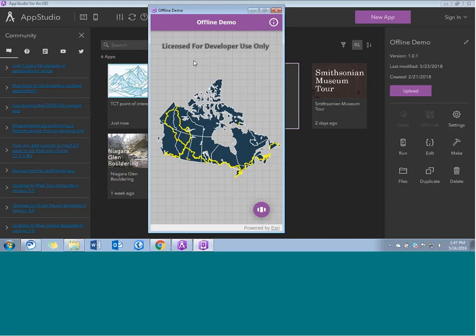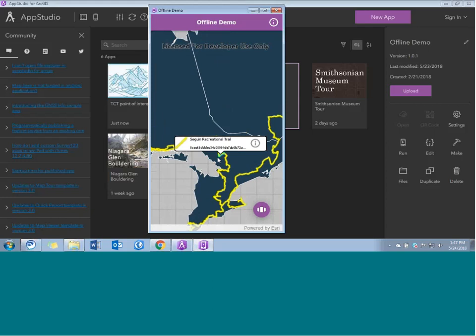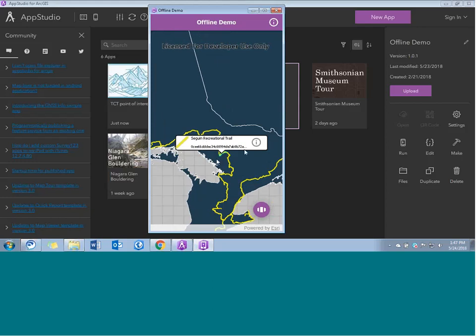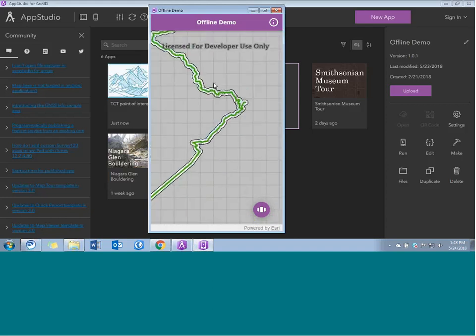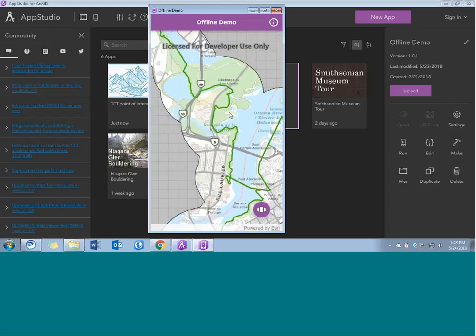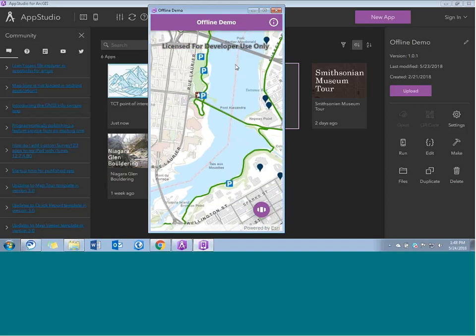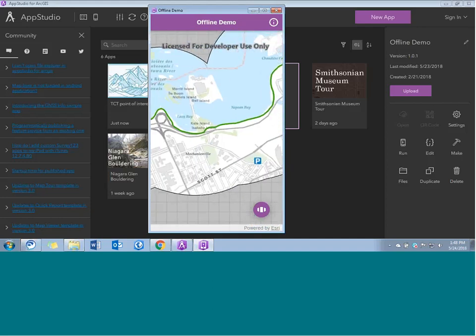Thank you, Matt. So this is what Matt was talking about. We have the Maps Canada, the trail we saw earlier in ArcGIS Pro, the map package. We can click on it, and once we selected a feature, it pops up this call-out bubble. We have the trail name, and if you click on the information button, it is currently downloading, and it downloads the map package we uploaded of the Gatineau, Ottawa. And going further, you can see the trails, the parking lots, and the point of interest. That's really cool. So that's the end product of this